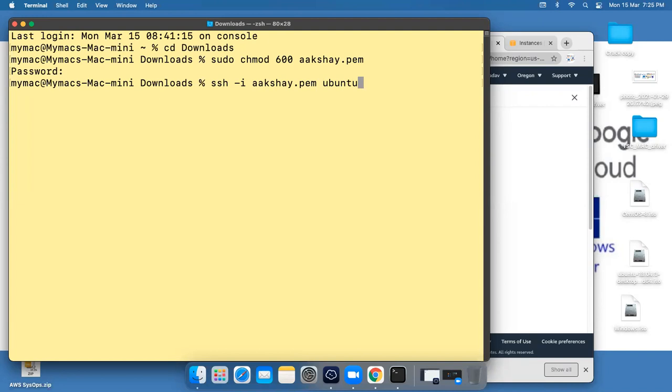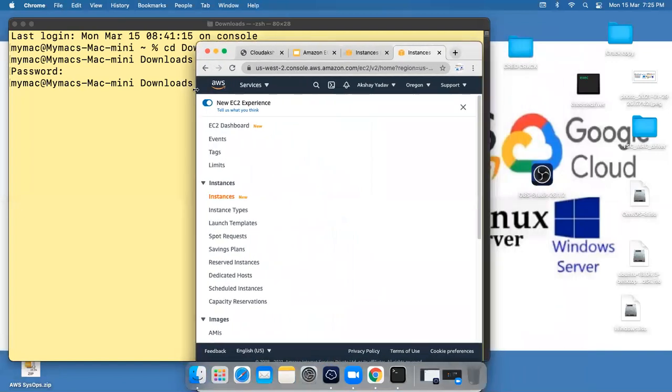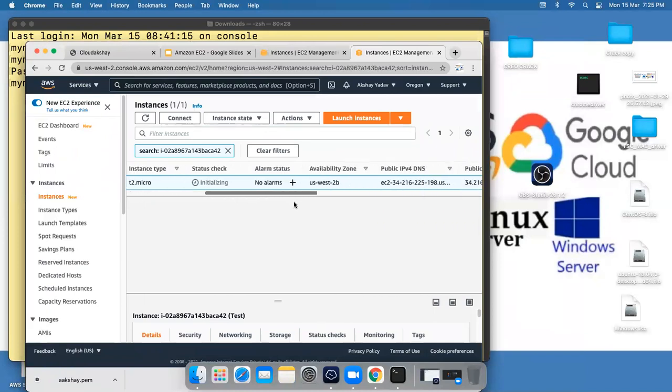Ubuntu is the default username for Ubuntu 20.04, 18, or any Ubuntu version. At the rate, and after that I need to put the public IP here. So let's go back to the panel. So my public IP is here. Copy this public IP and paste it into the terminal.